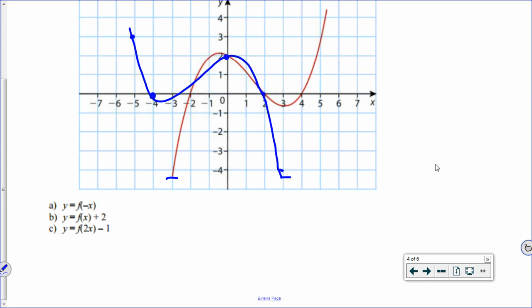So this is the idea here, sketching transformations without having a function to work with. You might want to pull points from the graph and then imagine doing the change to them. So for example, this one, adding 2 to the function, means taking all y values and adding 2 to them. You can imagine doing that with a few points the same way we just did. So if the old point is here and you want the new point to be 2 units higher,